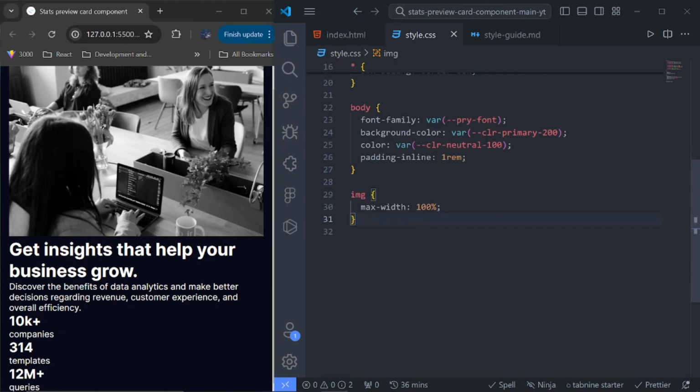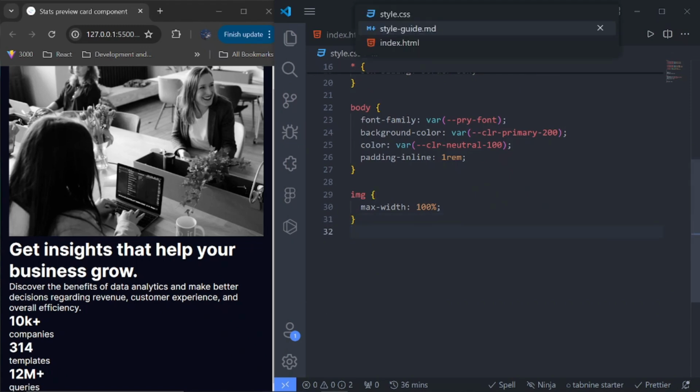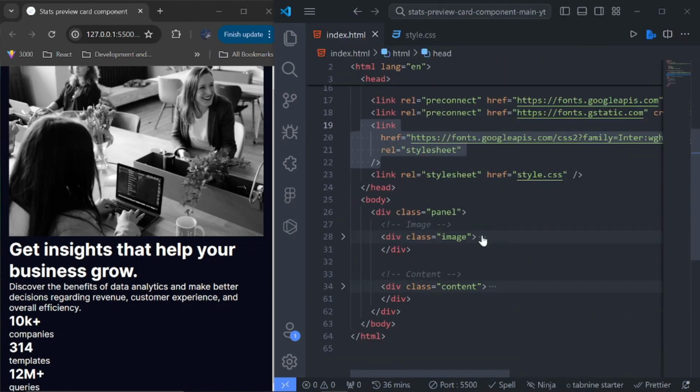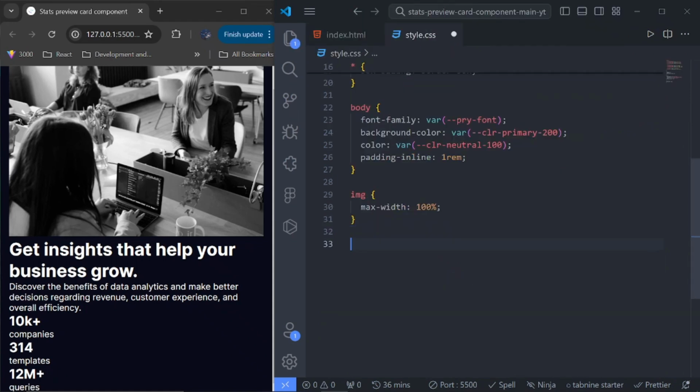So now we grab the panel. Let's close this out. So the panel is basically the one holding the image and the content. So you can still do that from the body, but I just want to do everything from the panel. So we'll say panel, and in our case we'll